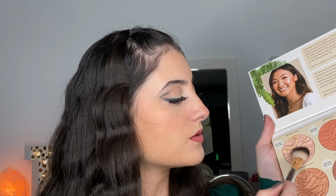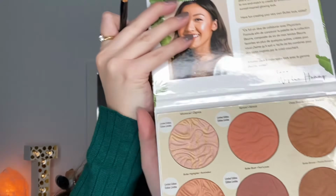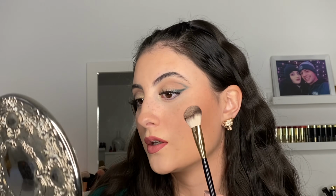Alright, so now I'm going to dip into the highlight shades. I think I'm going to use this one up here, Whimsical. And I'm going to swirl the two together. And from what I can see, it's definitely not just an overspray of glitter. It literally irritates me so much when companies just do an overspray of the glitter, and I've had highlighters from Physicians Formula that have done that in the past, so I'm so happy to see that this one is not like that. But we're just gonna go ahead